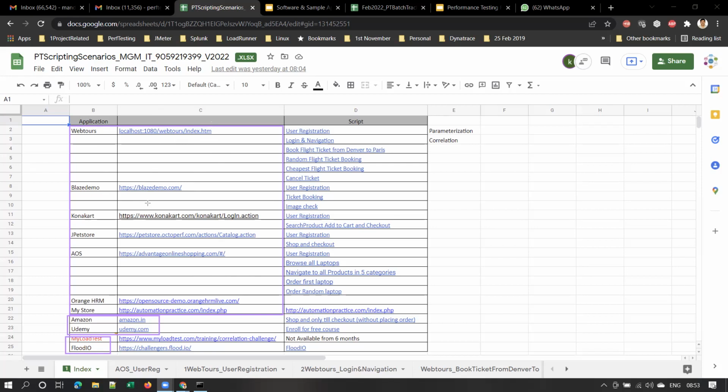He called me the next week saying that he joined some other training, and he wanted to join for JMeter with me. He joined for LoadRunner with some other trainer. I asked what application was being covered. He told me that the other trainer is covering real-time applications. I asked what that real-time application is. He told me JPEG Store. JPEG Store is not a real-time application. It's not a real-time project.